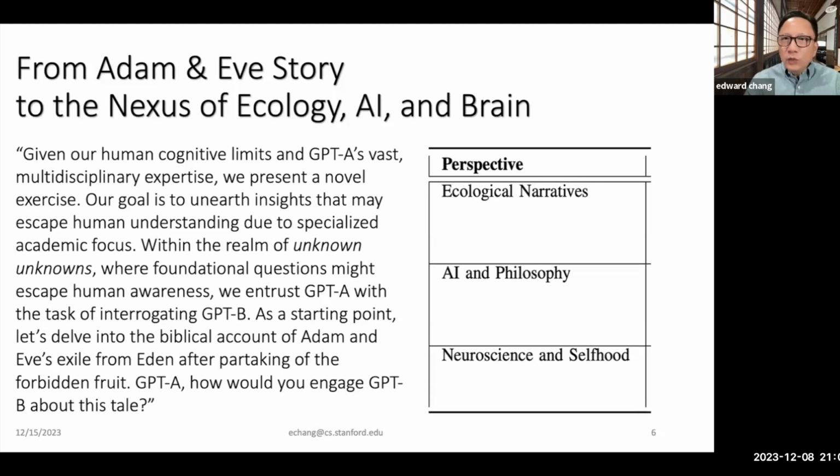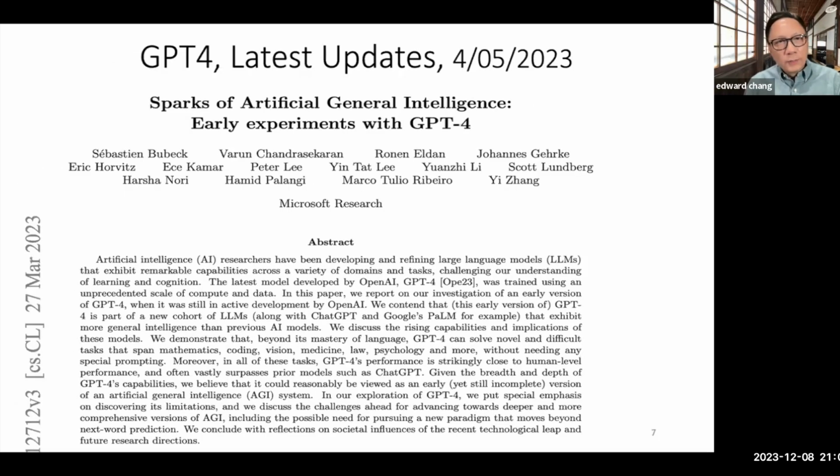And then at the end, they said that human beings right now in the world are conducting a lot of undesirable behavior that pollutes our environment. In a sense, we are committing forbidden or undesirable actions, and the ecology of the earth is getting worse and worse. We are going to lose the earth, or, metaphorically, we are going to lose Eden. It's very intriguing that they can connect different perspectives and notions, even going deep into ecology, AI, and neuroscience. The details are documented in one of our papers.